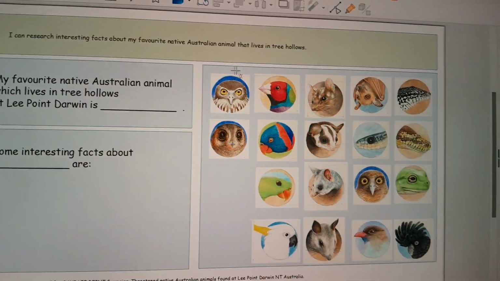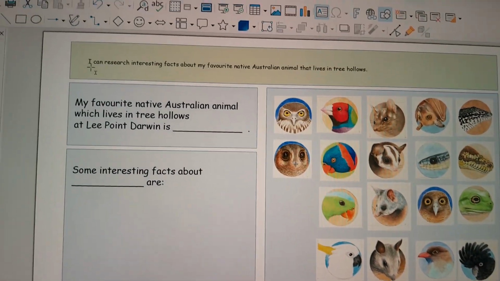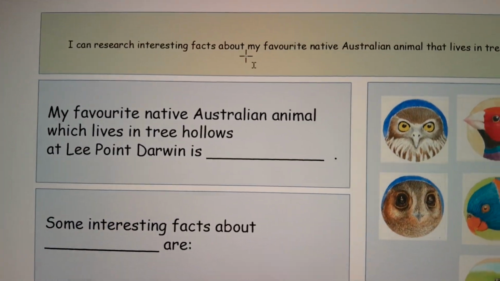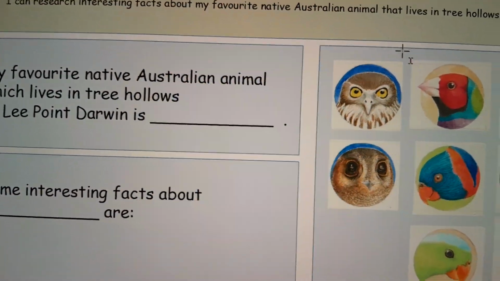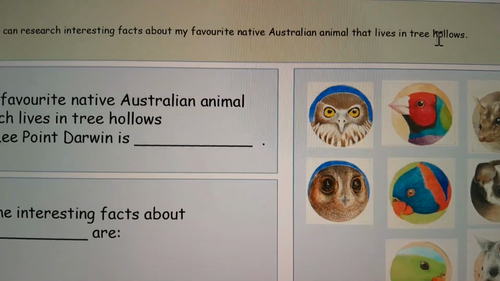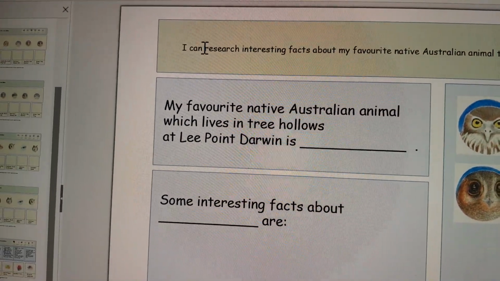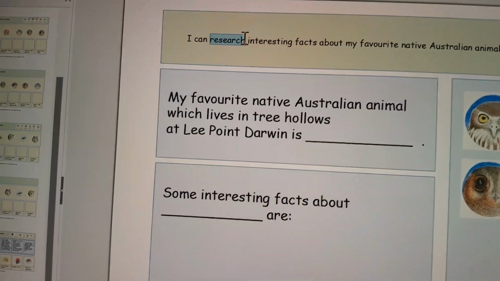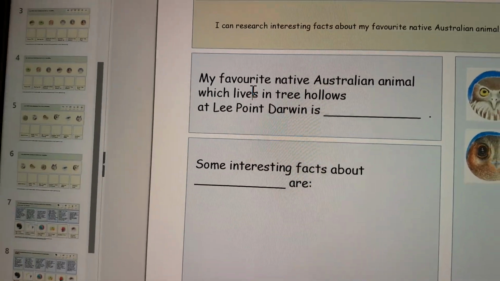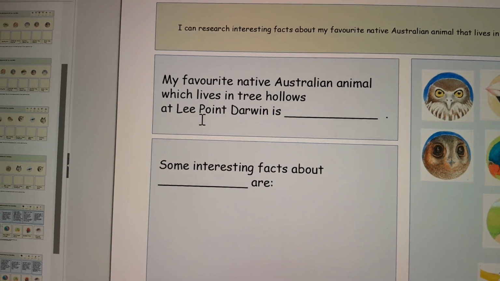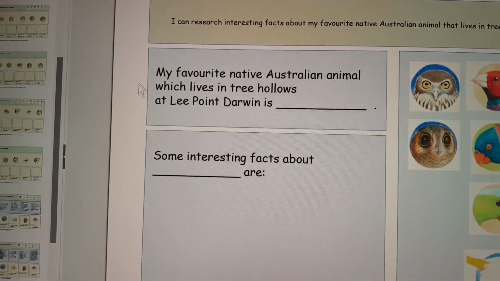Now we're getting a little bit further. I can research interesting facts about my favorite native Australian animal that lives in tree hollows. So the next thing is research. So it's a scaffolding process. My favorite native Australian animal which lives in tree hollows at Lee Point, Darwin is, now this is a